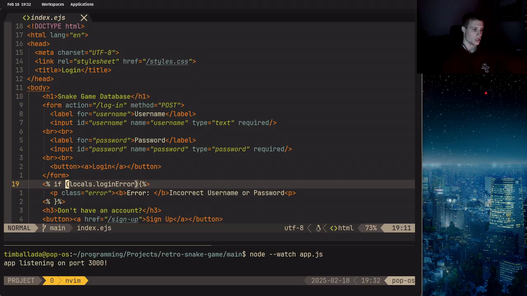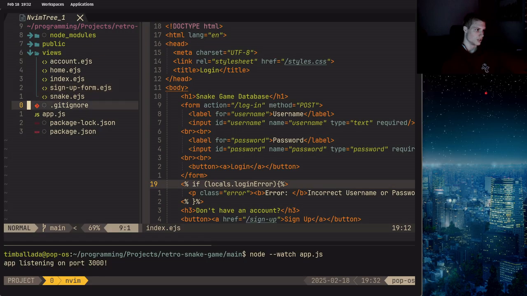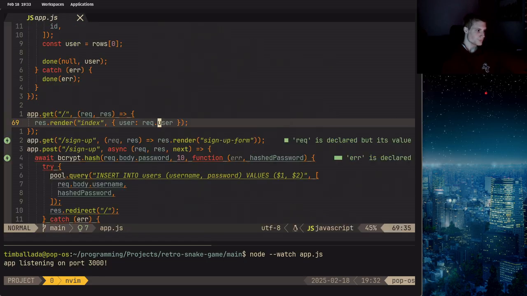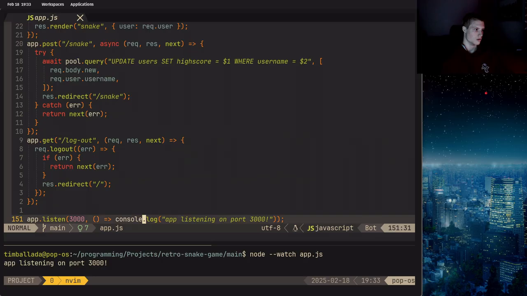just basically automatically. So locals is what is used for EJS to pass in the data. So if we go back, when we do this res.render, index is the file, and then this is the locals. This is what we're passing in, which is user: request.user. And so if we go back up